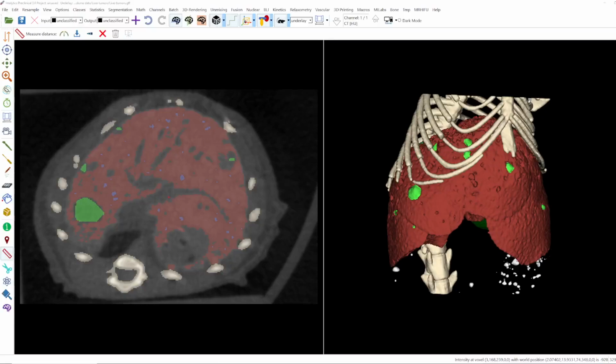Hello! This video explains the mouse mode measure distance, and you can find it in the mouse action toolbar here on the left side, symbolized by this red ruler. What it does, this feature measures the distance interactively between 2 points defined by the left mouse button. It works in 2D and in 3D, and the measurement can be given a name and stored in a project